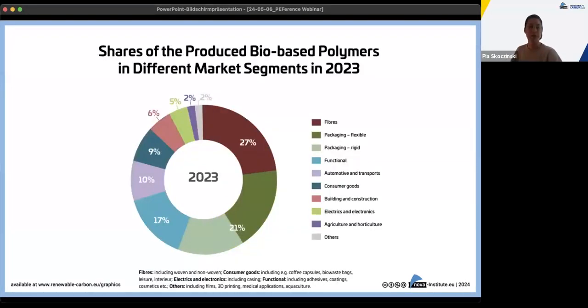So when it comes to the shares of the produced bio-based polymers in different market segments in 2023, fibres had the largest share with 27%, mainly based on cellulose acetate and polytrimethylene terephthalate that are being used for fiber production, followed by packaging, flexible and rigid with 21%. Then we have the functional applications with 17%,